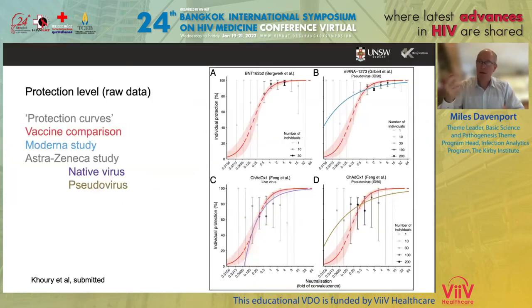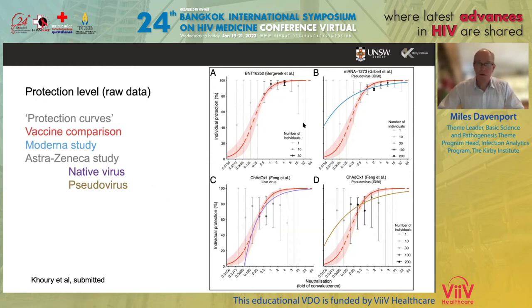So here we've plotted it in two different ways. Firstly, taking the raw data for the neutralization titers of individuals who are infected and uninfected, and look at the risk at any given neutralization titer that someone was infected or protected. And that's these black dots. You can see that they're shaded according to how many individuals contributed to the number. Because we've got a normal distribution in the center, we've got a lot of individuals and not many out at the sides.